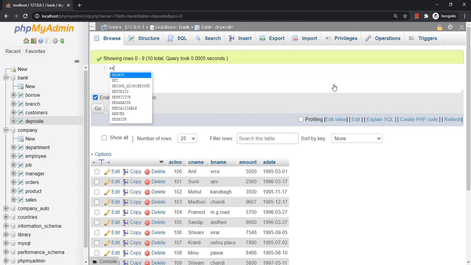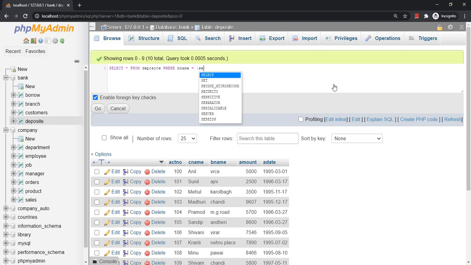So, that will be select star from deposit where B name, we want to find out a B name. B name equals, now over here I need to provide a subquery.